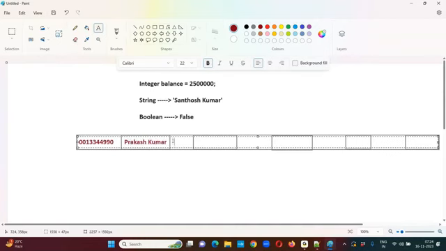Rating value some warm. Industry some finance. Annual revenue 42 lakhs. Phone number some value. Fax number some value. SLA some gold. Customer priority some high. Active status some yes. These are the values. So now tell me,